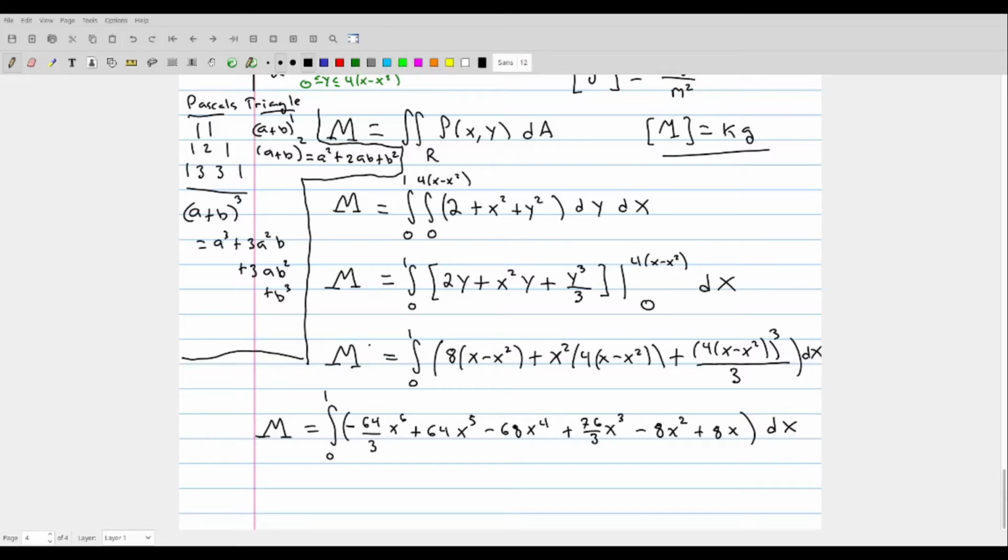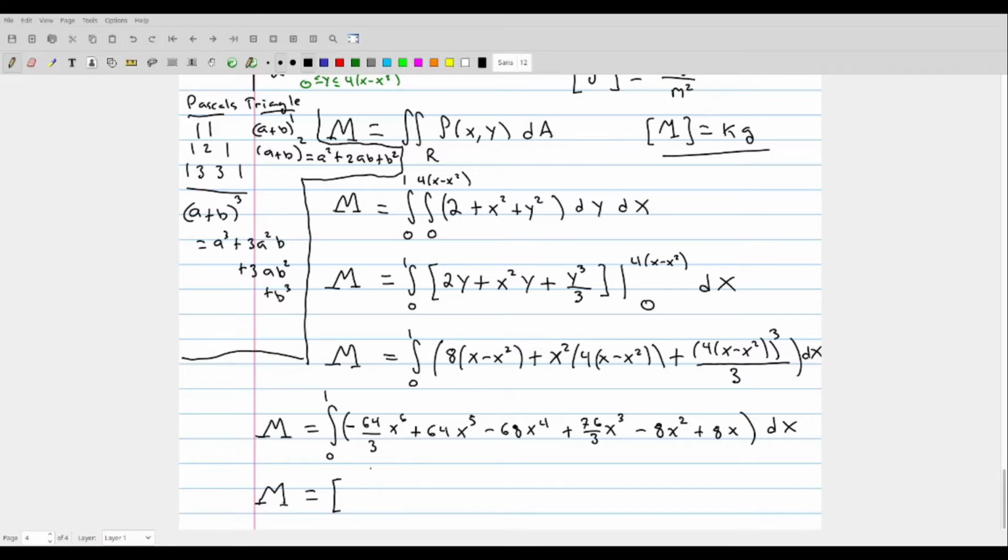So this function that we're integrating here, once you simplify it as far as possible in terms of expanding it out in terms of x, this is exactly what it simplifies to. And the antiderivative of this is very, very straightforward to go through and get, because we can just go term by term,